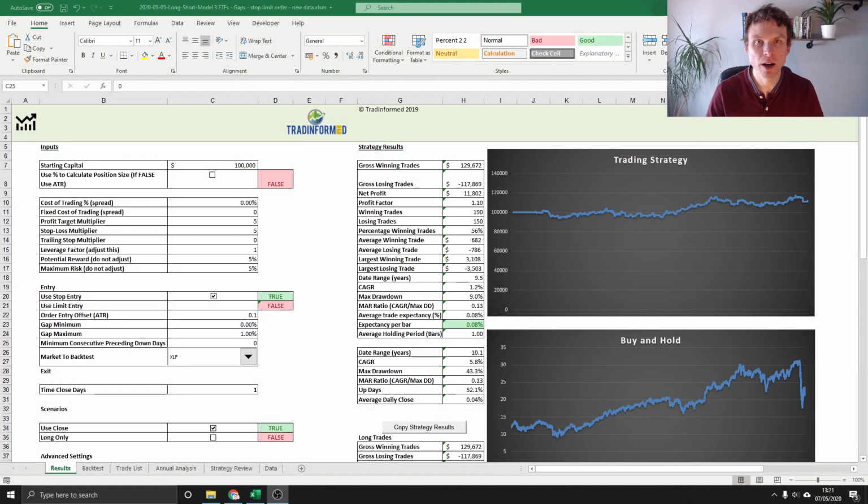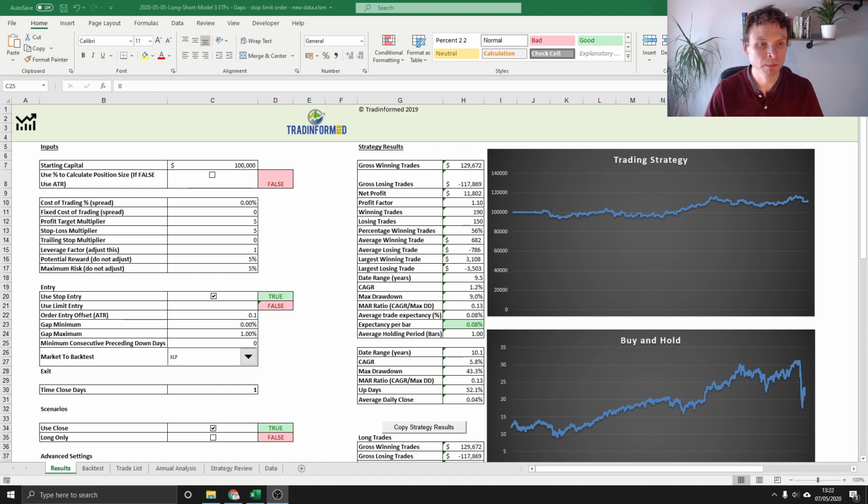Now, the next thing I'm going to test is whether to enter using a limit order or a stop order. The previous test I did used a limit order. This is how I've got this particular model set up, but as you'll see, there are some differences between how the different markets respond. A limit order, if we're talking long trades, is a retracement to the downside, and we can enter at a better price, theoretically. A stop order, we expect the market to have reached a minimum price before we enter